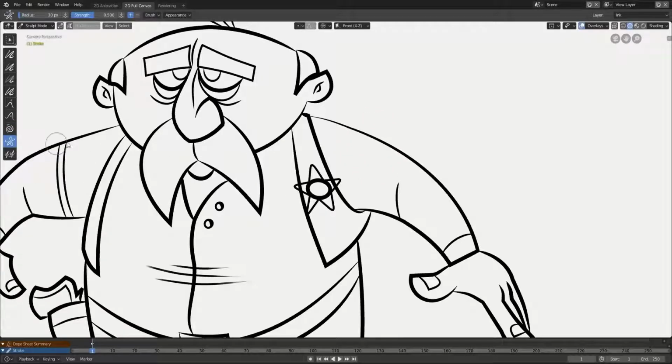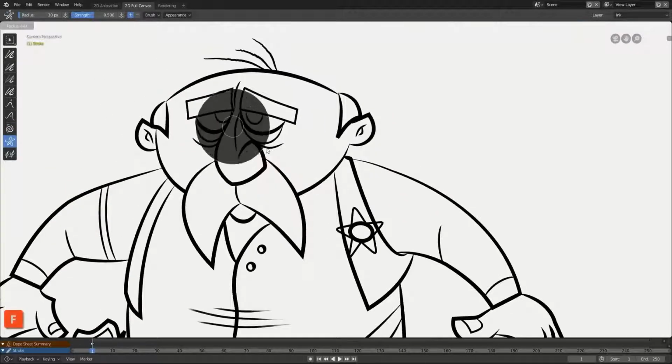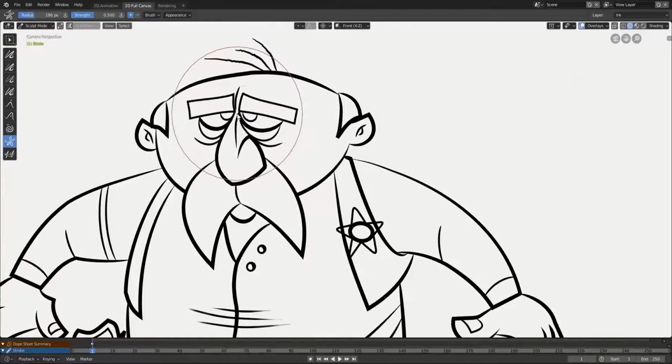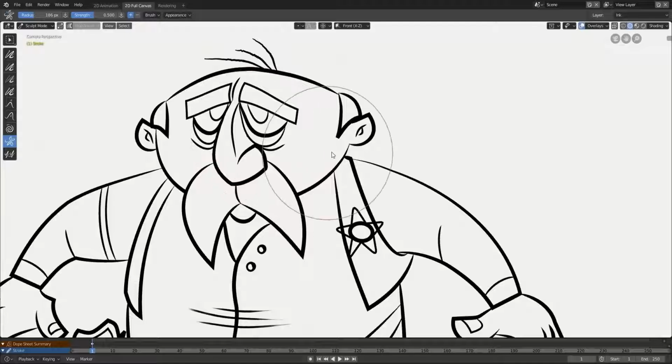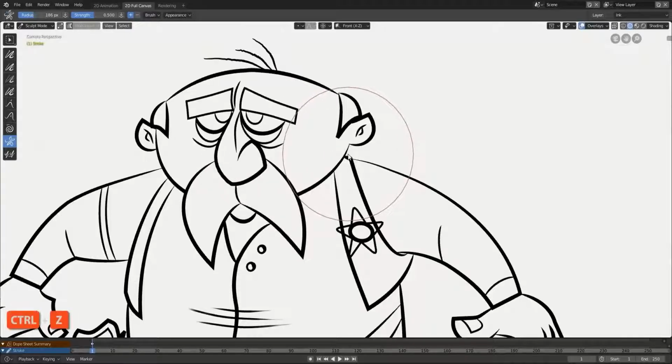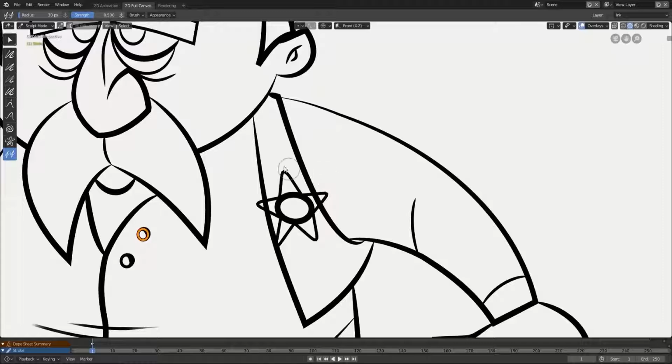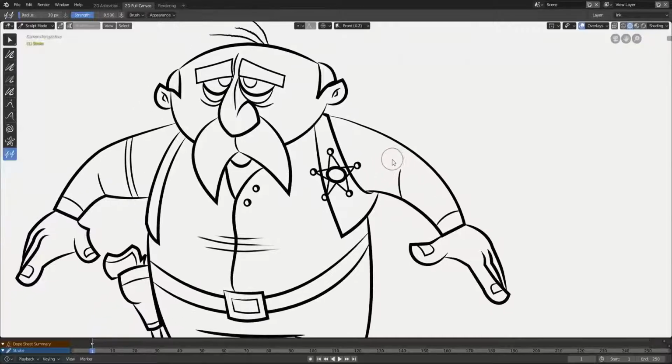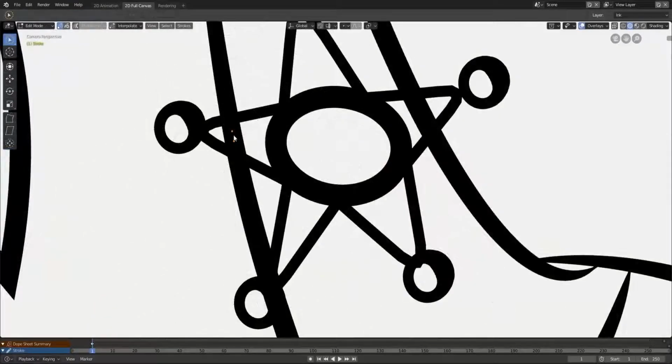And use pinch tool to pull points towards the center of the brush. Or use it with Ctrl key to push them away from the center. To use the clone tool, you must first copy to buffer the point you want to duplicate, and then click where you want to create the copy. Now that we know the tools for edit and sculpt, let's try to fix and improve our character.